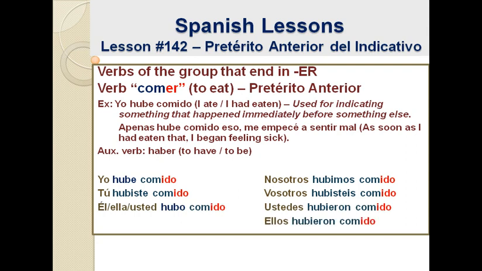Yo hube comido. Tú hubiste comido. Él or ella or usted hubo comido. Nosotros hubimos comido. Vosotros hubisteis comido. Ustedes hubieron comido. Ellos hubieron comido. Okay? Here you can see how the only one that is